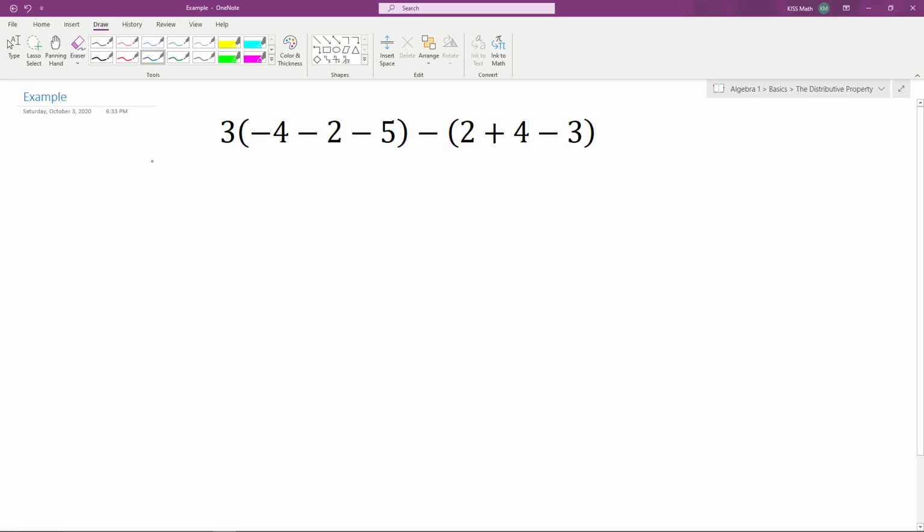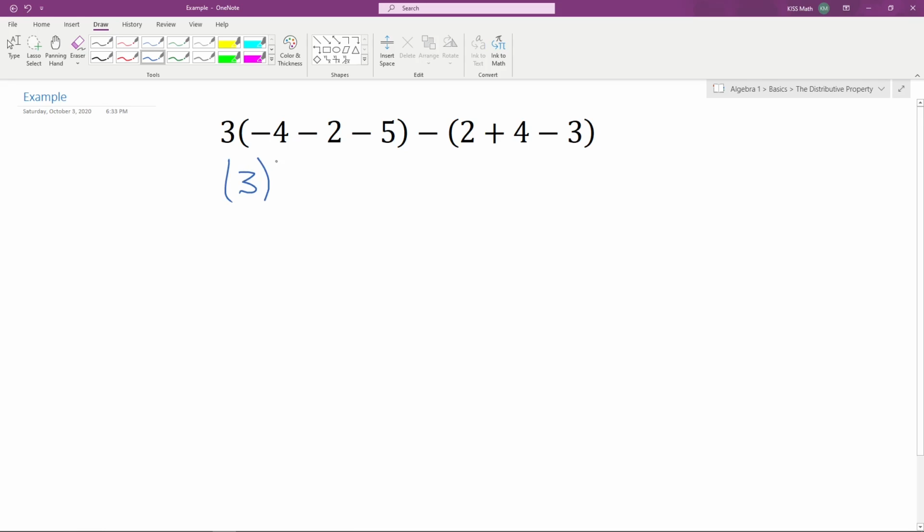Okay, here's a super fun example. I've made sure to include a bunch of negative signs because you can't run from them. You have to know how they work. So what we have here is 3 times a negative 4 minus 2 minus 5, and then minus a parentheses 2 plus 4 minus 3. Now the easy way would be to just evaluate this thing, evaluate the parentheses first, and then multiply without doing the whole distributing thing. So if we do that, we would